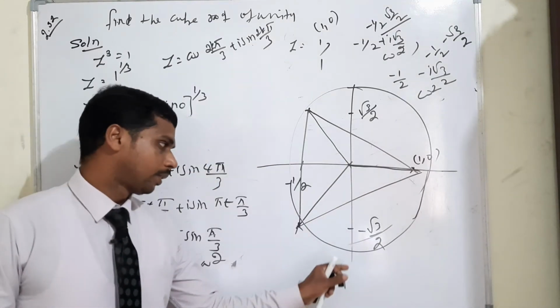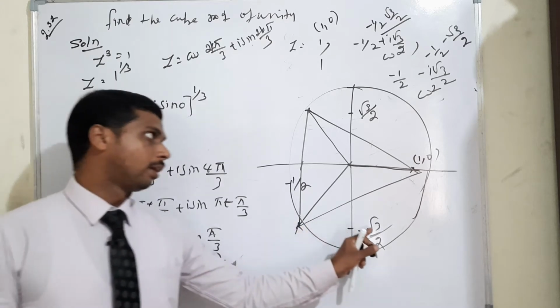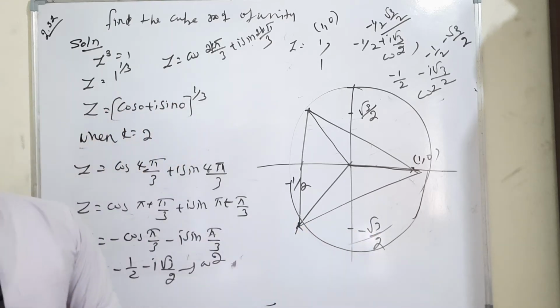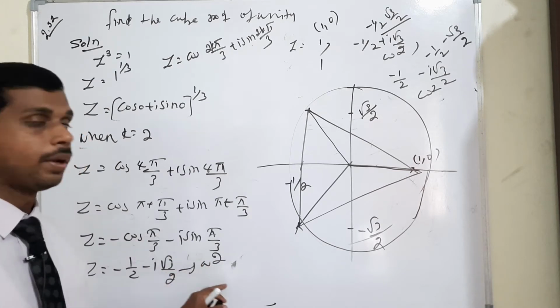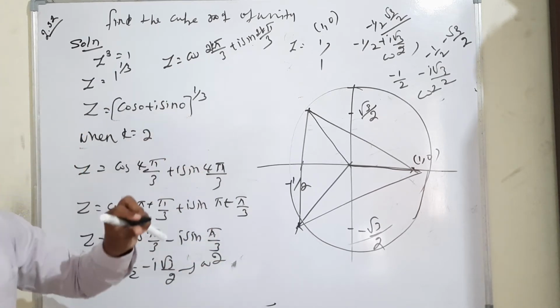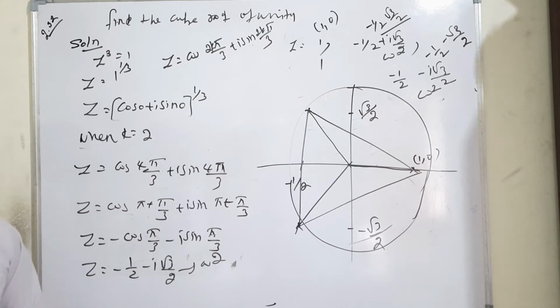Definitely half or 1 mark will be provided for this diagram also. If you have the result, that is 1, omega, omega square, you will get each and every point like that, okay? So one of the important questions, what is the question actually? Find the cube root of unity. Then the next example is also find the fourth root of unity. So a little bit different, okay? Stay on the line, I will continue, okay?